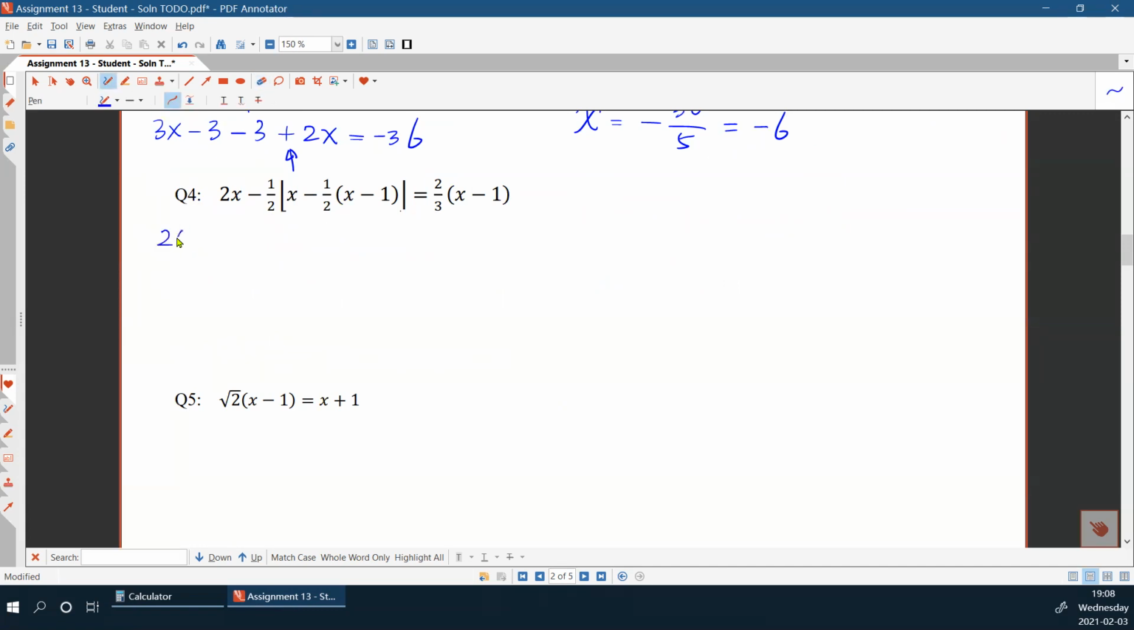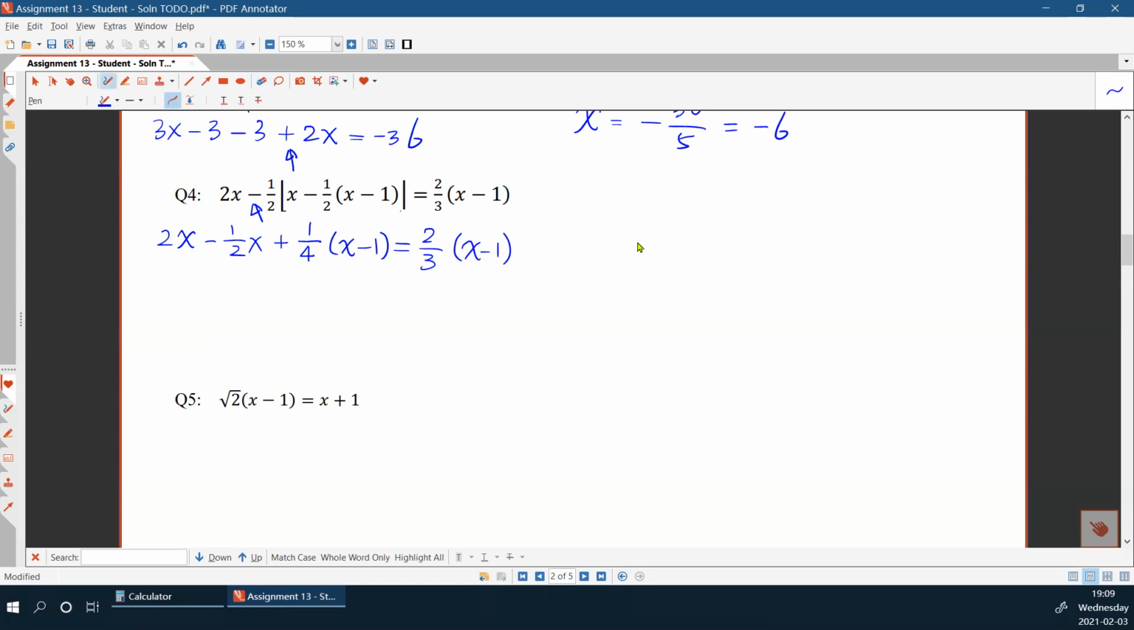So for the next step, you have 2x minus 1 over 2x plus 1 over 4 x minus 1 equals 2 over 3 x minus 1, right? Pay attention, again, pay attention to the sign here, because you have a negative sign in front of the brackets. So when you remove the brackets, everything inside it becomes opposite. Okay,